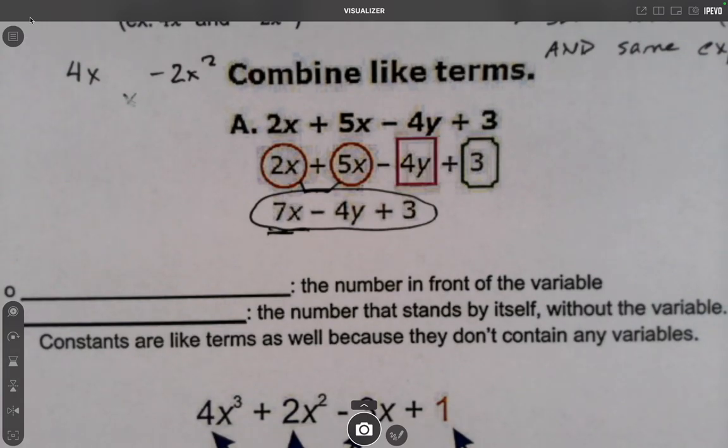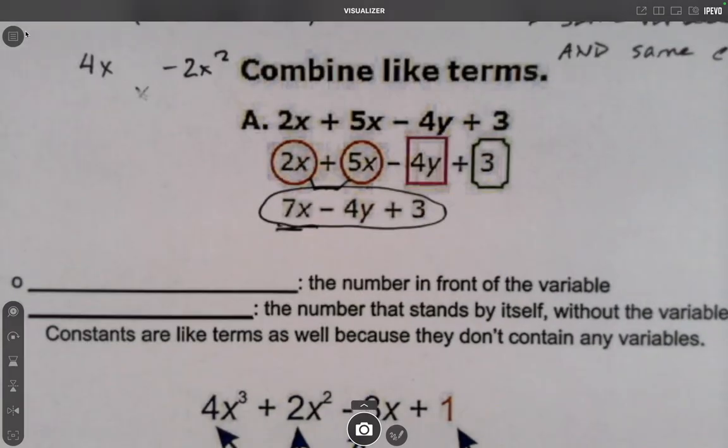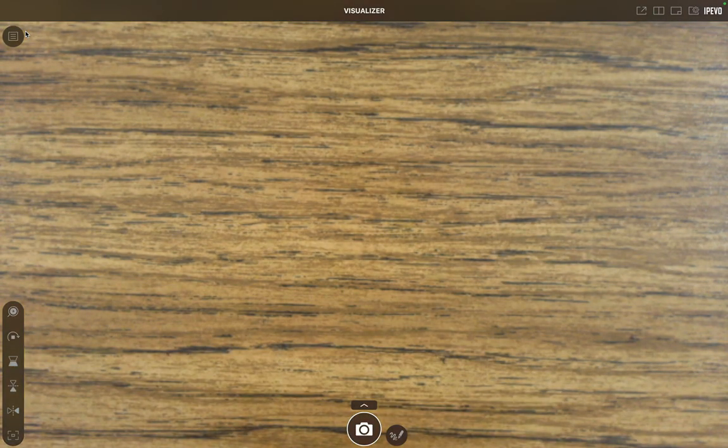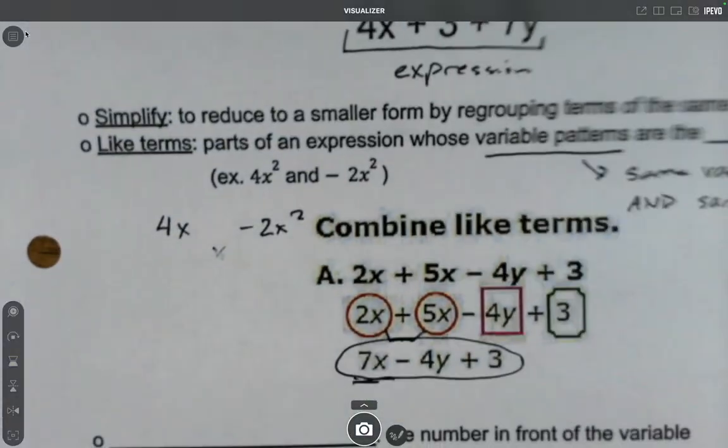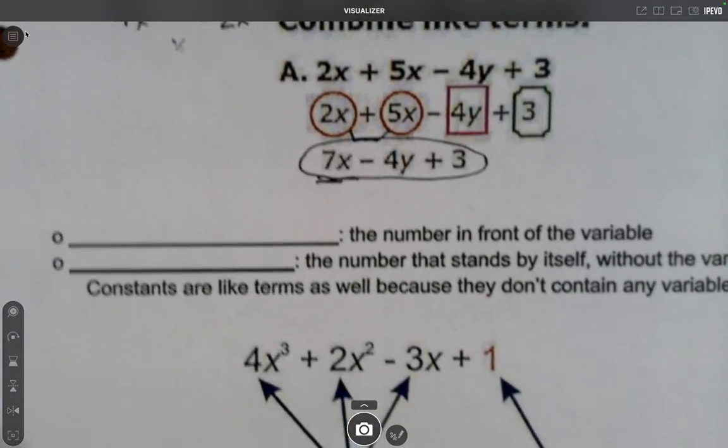Okay, 2 more terms and then we'll do some practice on the back of this page. Oh, maybe not. I'll do some practice on another page then. So anyway,